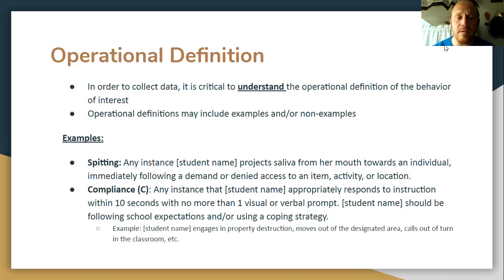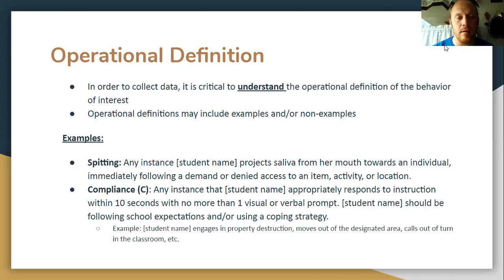We have some examples here. So for spitting, any instance that Jenny projects saliva from her mouth towards an individual immediately following a demand or denied access to an item, activity, or location. So in this instance, we would track spitting if we gave Jenny that demand and she was spitting at somebody, whereas we may not track the data where she goes over to a trash can or a sink and spits